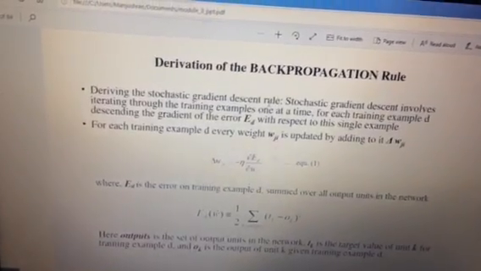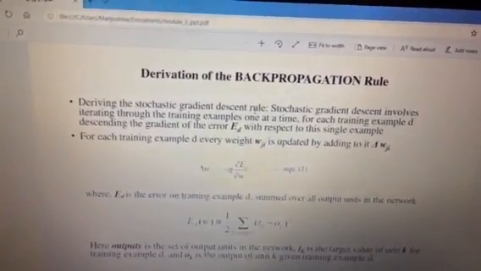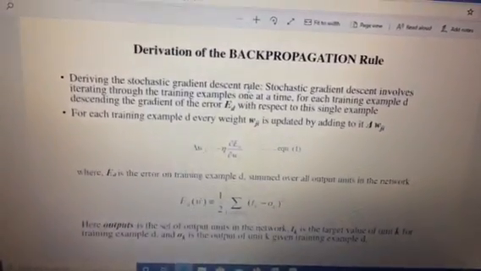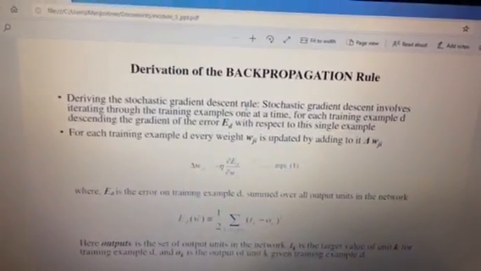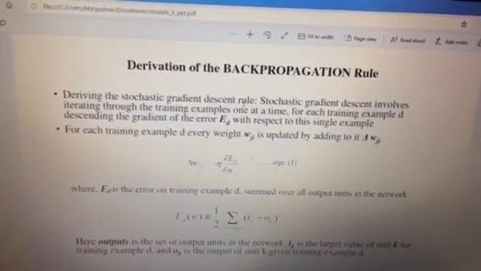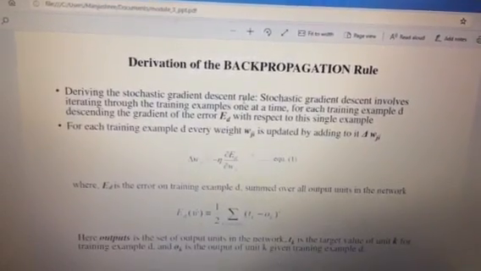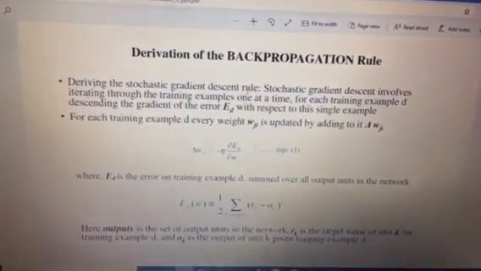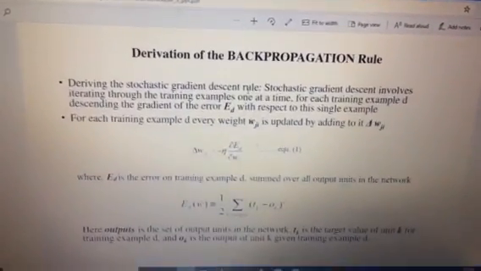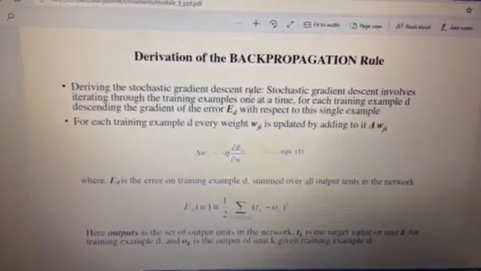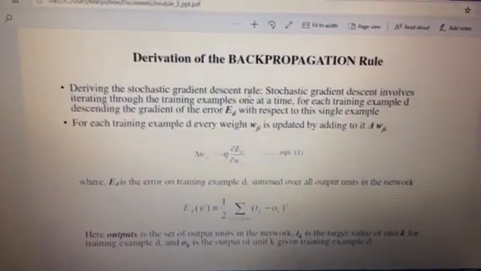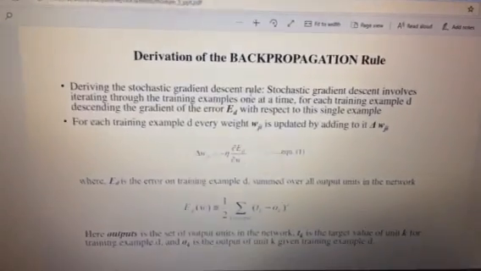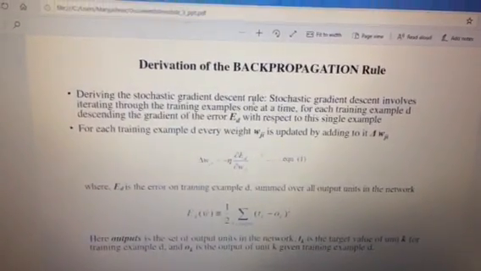So here in the backpropagation rule, we can apply a gradient descent rule, or we can also apply the stochastic gradient descent rule. So we know that if we apply the gradient descent rule, we have to consider all the training examples together, and we have to find out the sum of the squared errors of all the training examples. Whereas if I consider a stochastic gradient descent rule, we have to consider any one training example at a time, and that too, the one training example is chosen randomly.